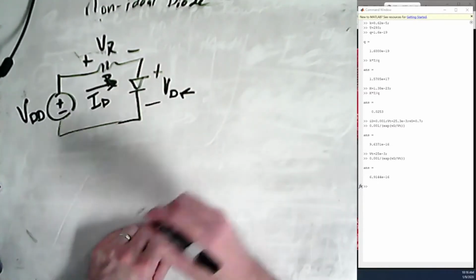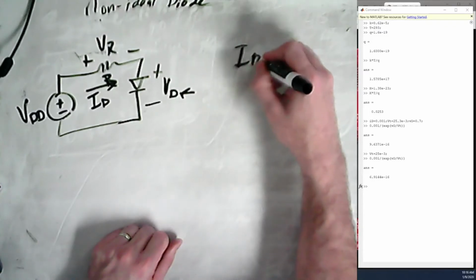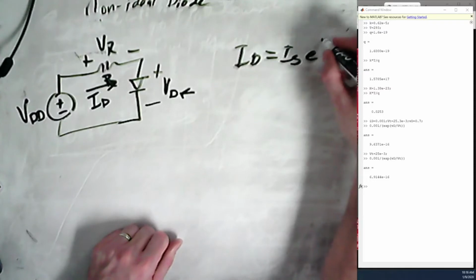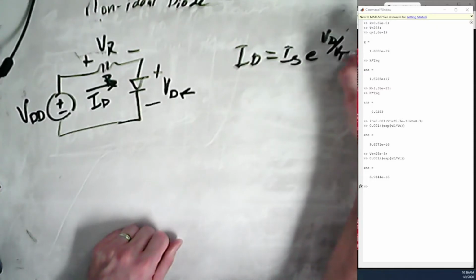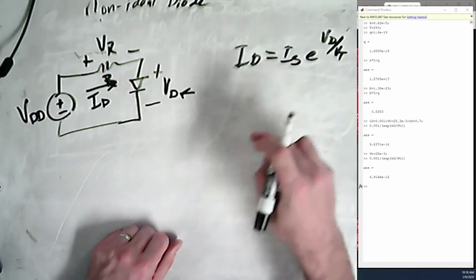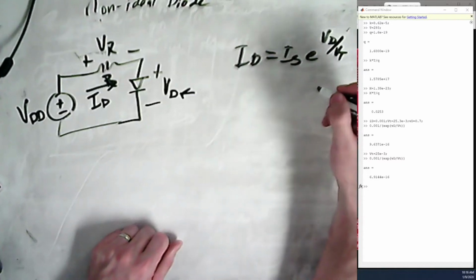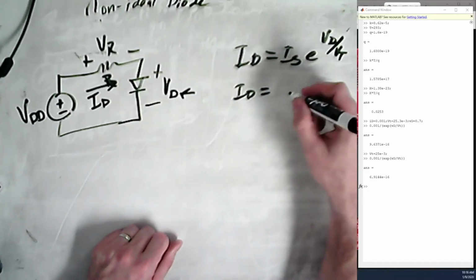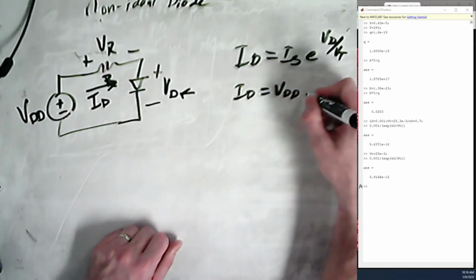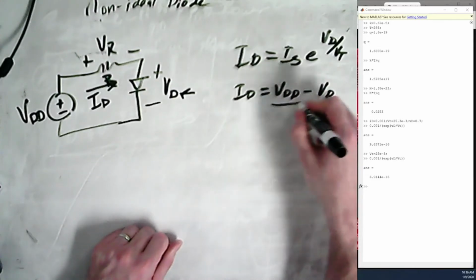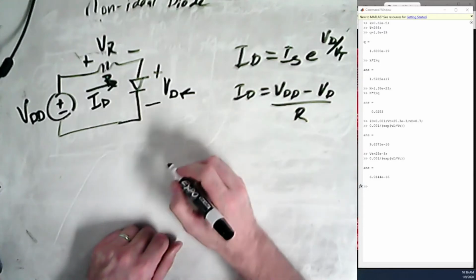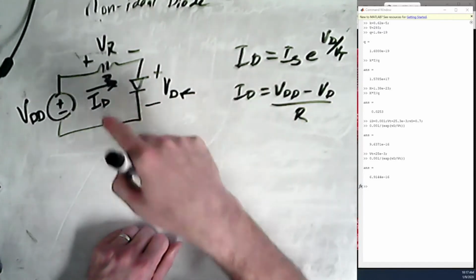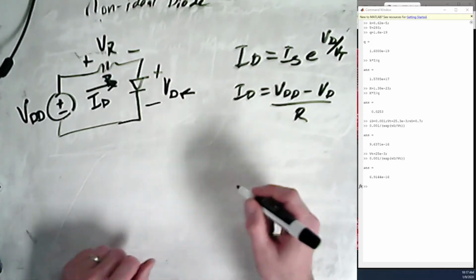Okay? So this doesn't seem super difficult, because we can go ID is equal to IS e to the VD over VT, keeping those two things constant. And then we also know that ID is also equal to VDD minus VD over R. Those are our two equations. All I did here was equate these two IDs. And so what this looks like,